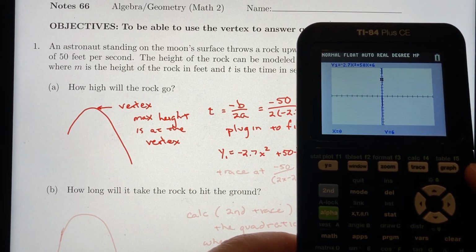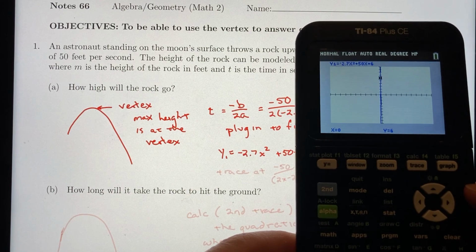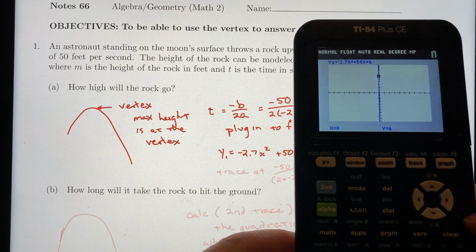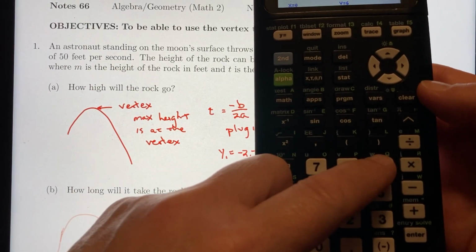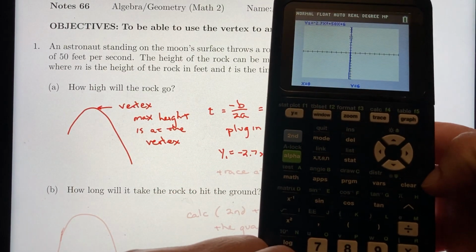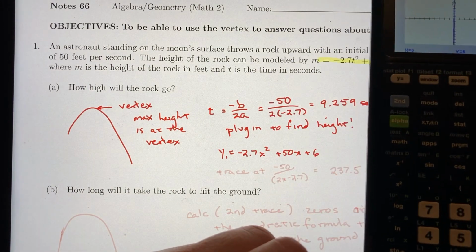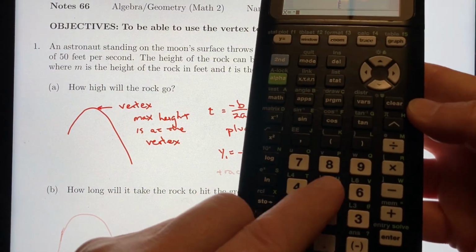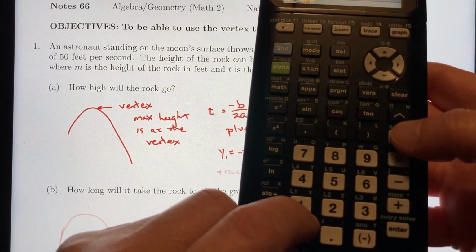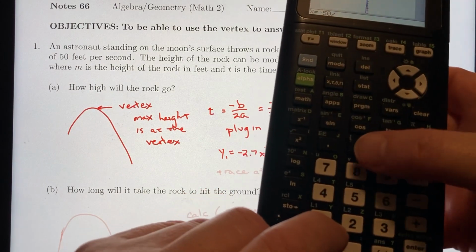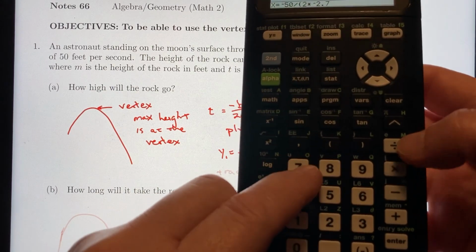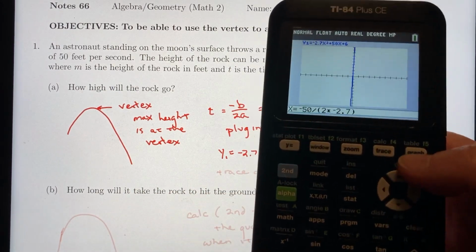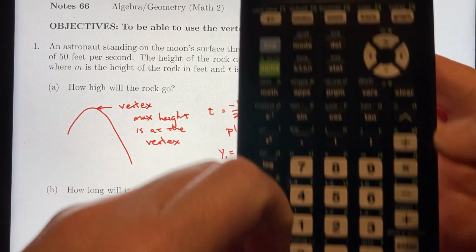I'm going to have to reset the window before I even can trace. But if I trace at 9 point, I would like to use some extra accuracy. In fact, I'm going to trace at negative 50 divided by parentheses 2 times negative 2.7. I'm just going to trace there. Oh, look, you can actually type things in when you trace. Hit enter, and it says it's